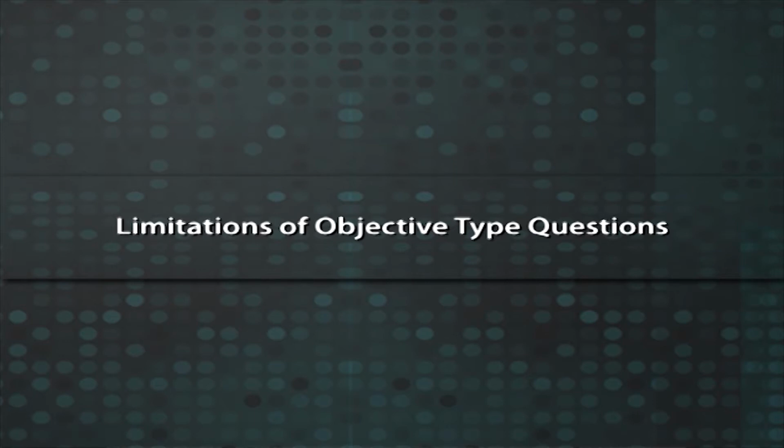Limitations of objective type questions. The construction of objective type items is more difficult and time consuming compared to essay type items. To begin with, only a limited number of questions are needed for an essay test, but objective questions have to be more in number. In order to prepare good and quality questions, teachers should put in lots of effort and use talent and imagination.